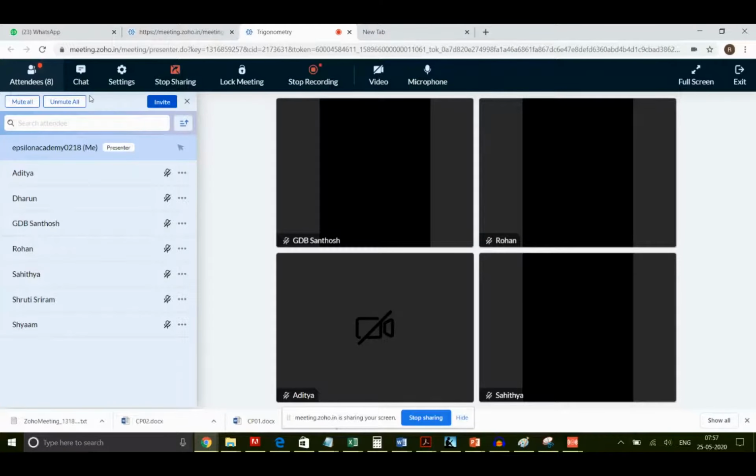Similarly, sin power 6x plus cos power 6x, you can apply the formula of (a plus b) the whole cube minus 3ab into (a plus b). So once you apply this, sin square x plus cos square x again will give you 1 minus 3 into sin square x cos square x, leave it as it is. So the sin square x plus cos square x will be 1 again.